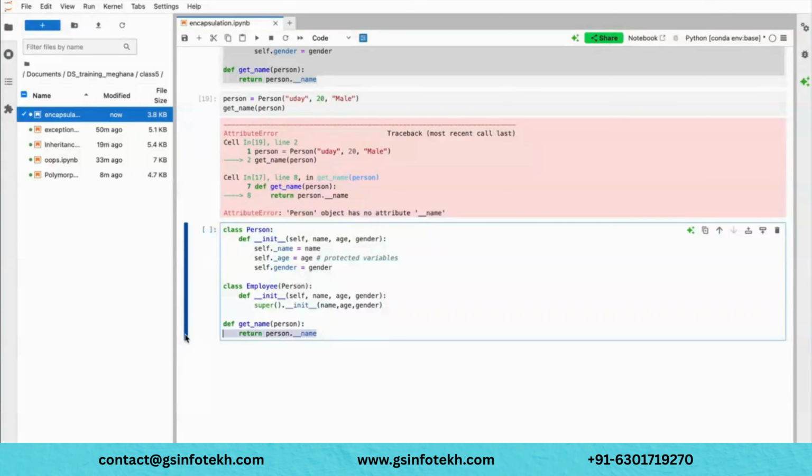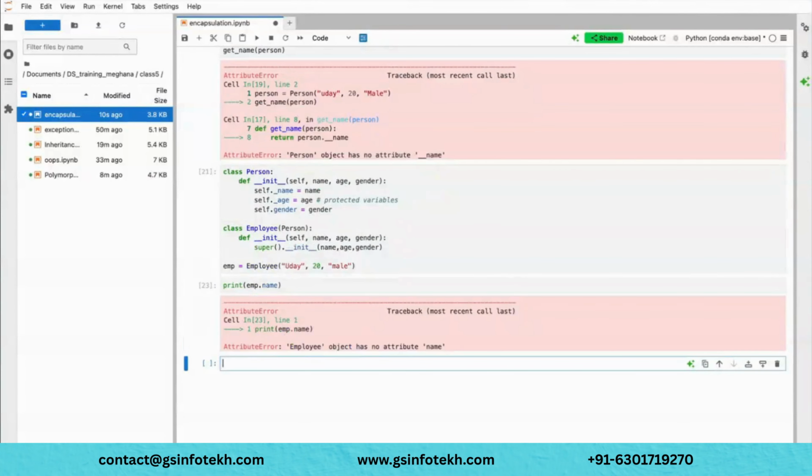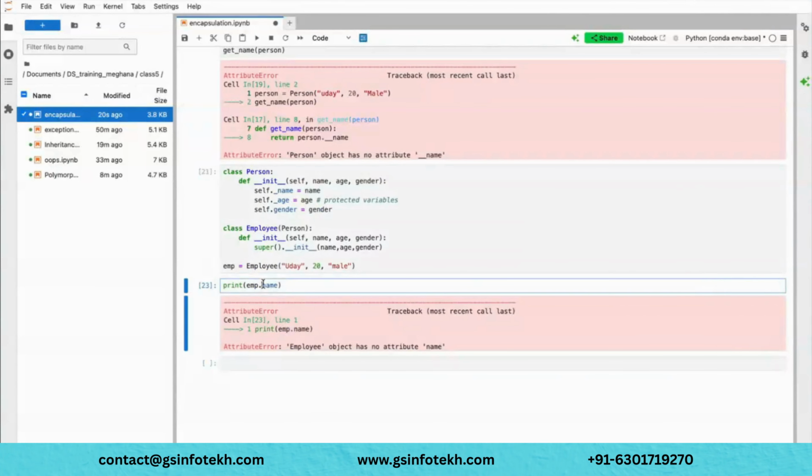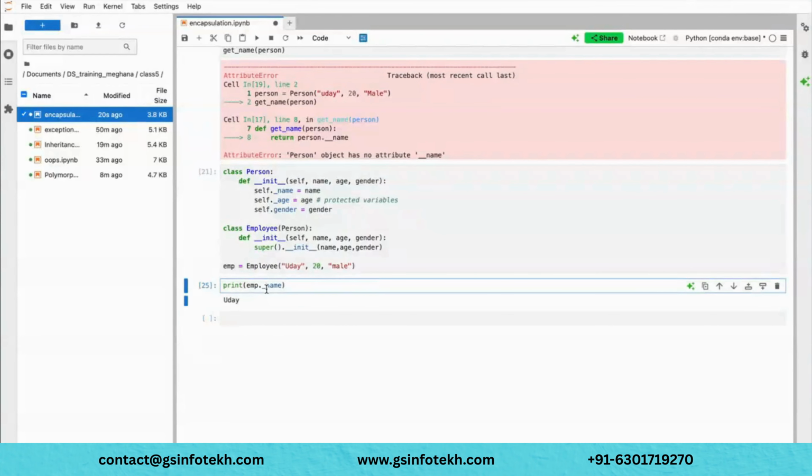Now let's say I'm calling my employee by passing guy, 20, and then I'm creating an object called EMP. Now if I ask EMP dot name, I need to call this with the single underscore. Okay, so this is how we can access the protected variables.